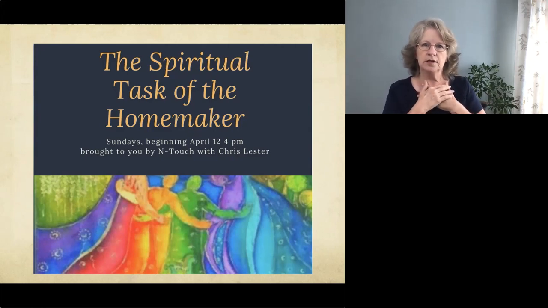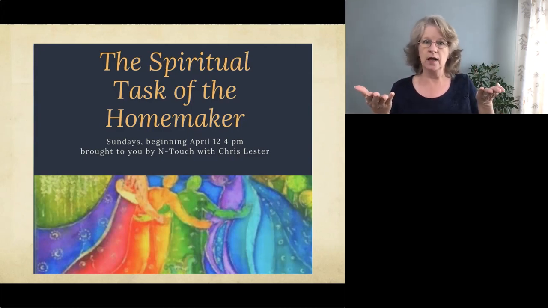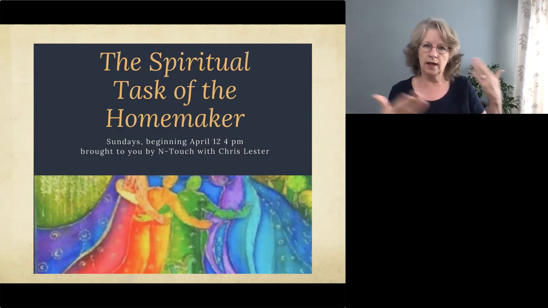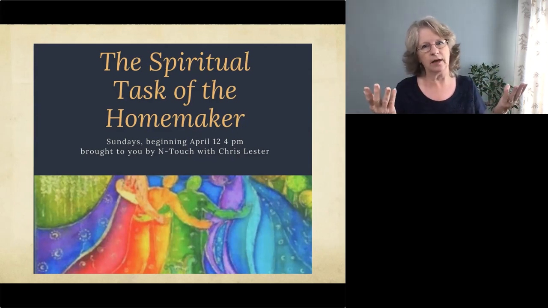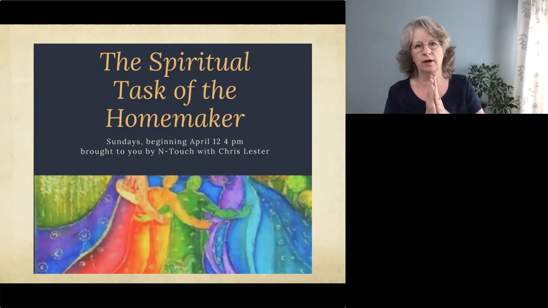This is one of the first books that I read when I discovered Waldorf education. The first book that I read was You're Your Child's First Teacher by Rahima Baldwin. And that's available on the Lifeways site. We'll put in a link for you on that. And that would be another one that you could consider taking pieces of and offering to your community. But this little book, Spiritual Tasks of the Homemaker, is only 33 pages long. It describes the philosophy that is the basis for Waldorf and Lifeways, this philosophy of parenting, this philosophy of human development. And I absolutely cherished this book when I first read it.